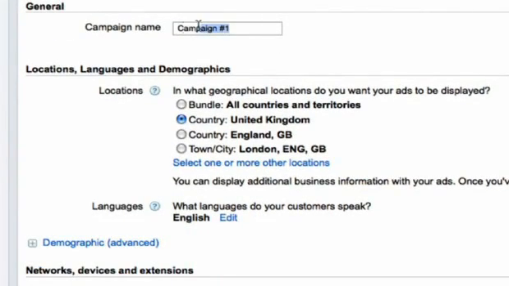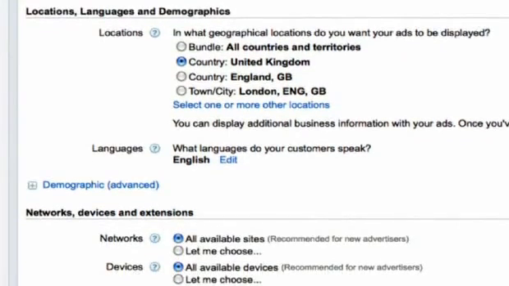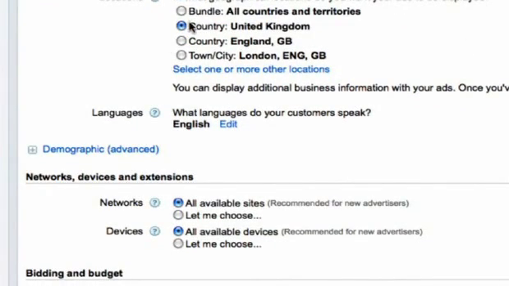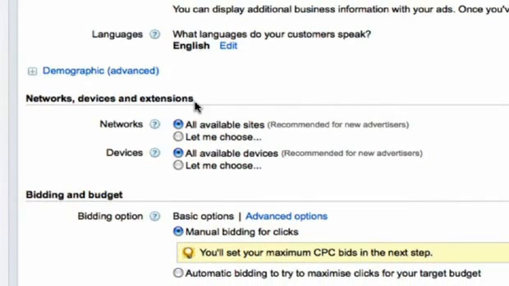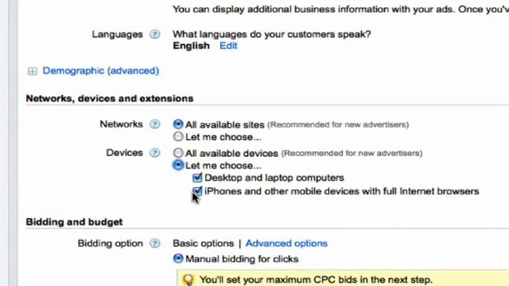So when we're setting up a new campaign, you just need to put the name of your campaign in the box there, which is normally your website address. Obviously pick which area you want to target, if it's all countries and territories, if your product is a worldwide product. Now this is the first thing that I need to show you, in the Networks, Devices and Extensions tab, under the Devices heading here, Google have automatically got it by default as all available devices, recommended for new advertisers. So all I need to do is click on the Let Me Choose button and uncheck the iPhones and